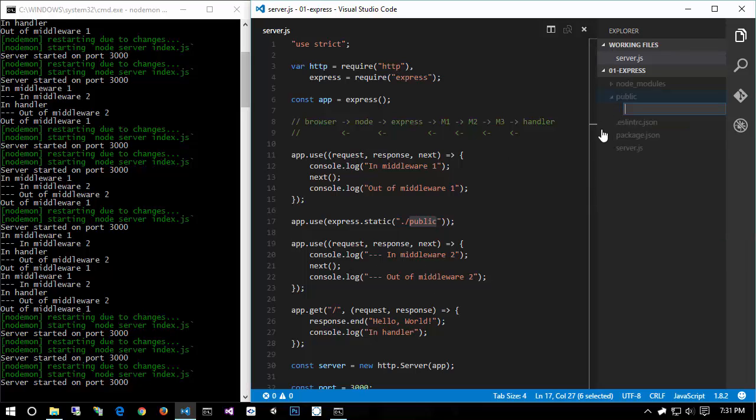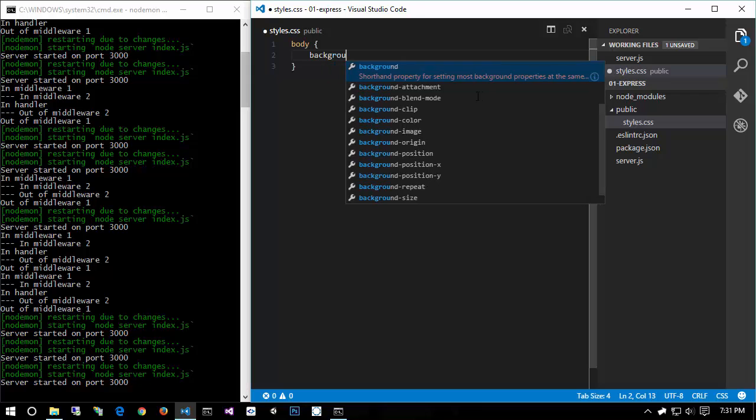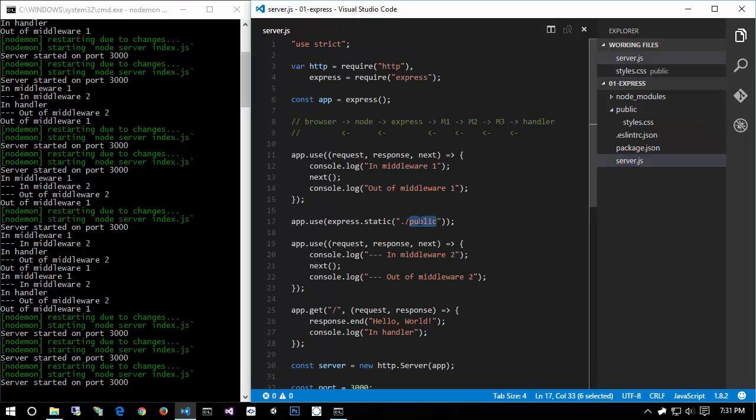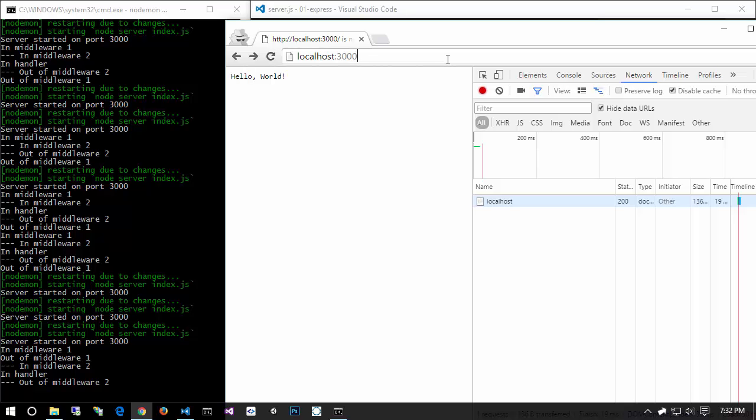So I'm going to right-click, create a new file, and call this styles.css. And then I'll say, I don't know, body background is gray. All right, so I have a very basic styles.css in my public directory. Again, my public directory is what's being served out by Express. So if I come over here to my browser window, and I refresh, I still get my route because the Express static middleware couldn't find a file that matched the path of /. But if I do